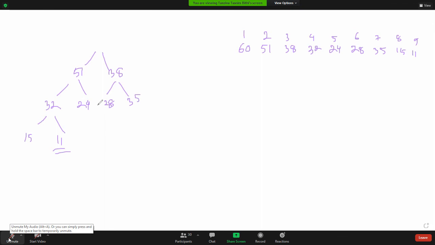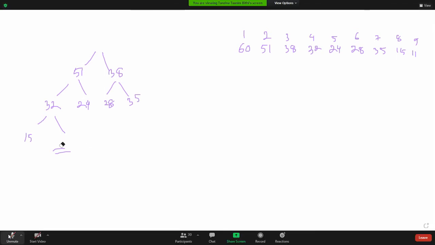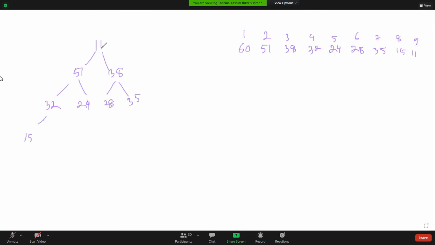So in max heap, delete the root node from the tree and replace it with the last element of the tree. So now delete that last element 11 from the tree and we can insert it here as a root node. Okay, so after inserting that node as the root node of the tree, now it's not a max heap tree because 11 is less than its child nodes. And how many children does it have? 2 children, 51 and 38.